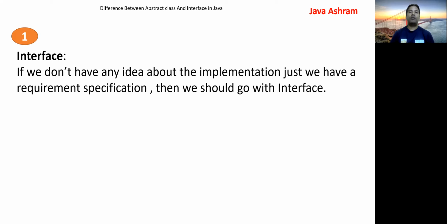Suppose you are constructing a building with first floor, second floor, third floor, fourth floor, but what will be the implementation of the first floor? Where will be the window, the washroom, the bedroom, the living room? You don't know anything, right? So in that case you should go with interface.